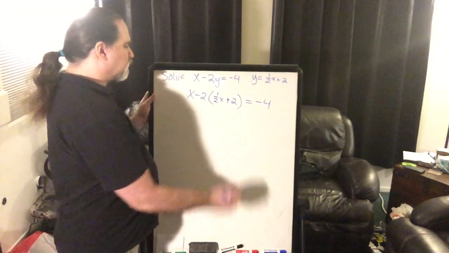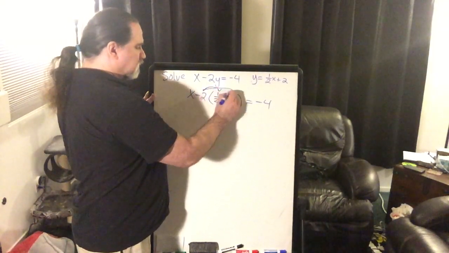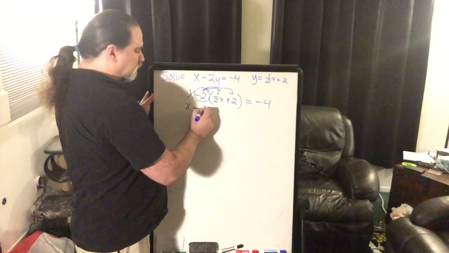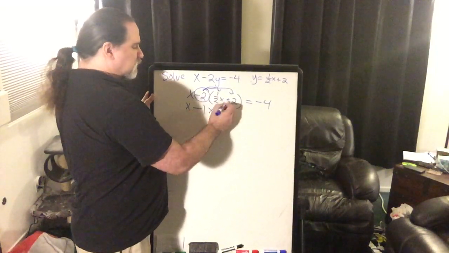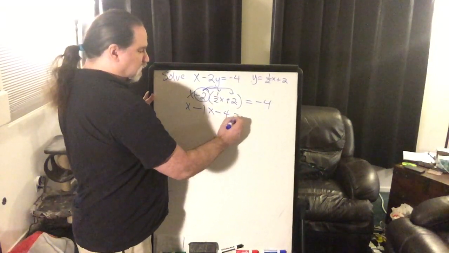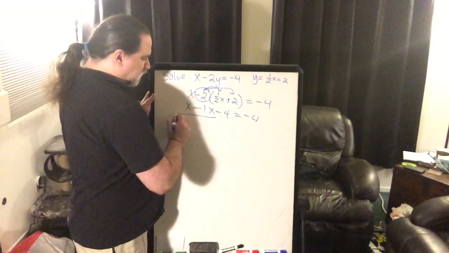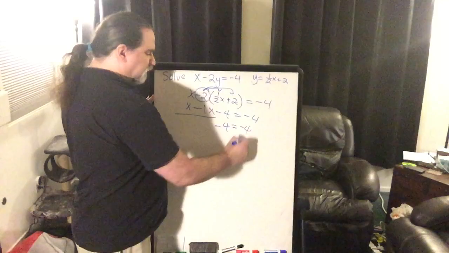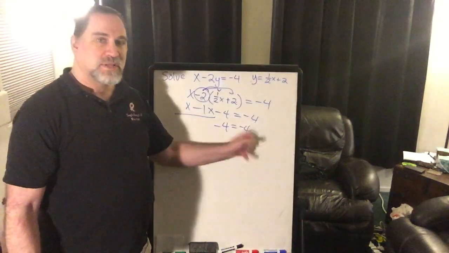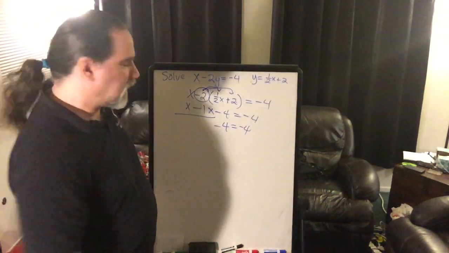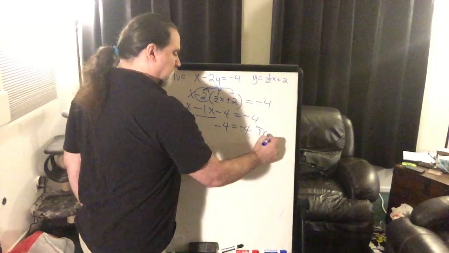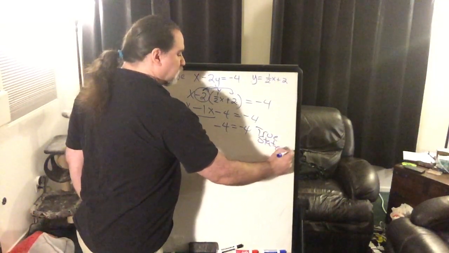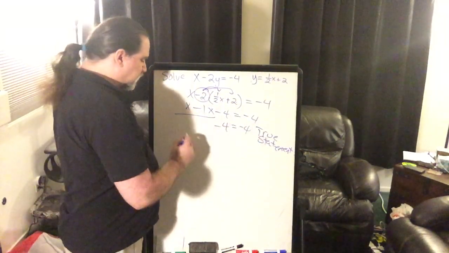And now I'm going to solve for x. I'm going to multiply. So negative 2 times 1/2 would be negative 1. Negative 2 times positive 2 would be negative 4. Combine like terms. 1x minus 1x would be 0, and I'm left with, hey, what am I left with? I'm left with negative 4 equals negative 4. A true statement. Well, what does that mean? Well, a false statement meant no solution, so a true statement means